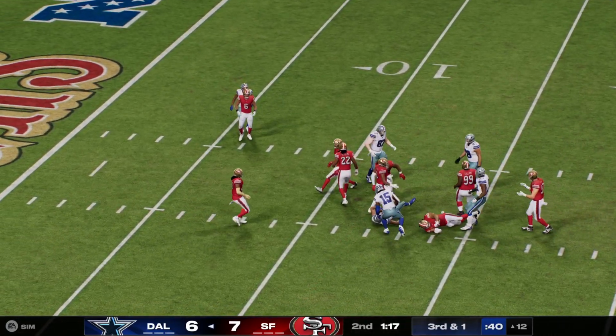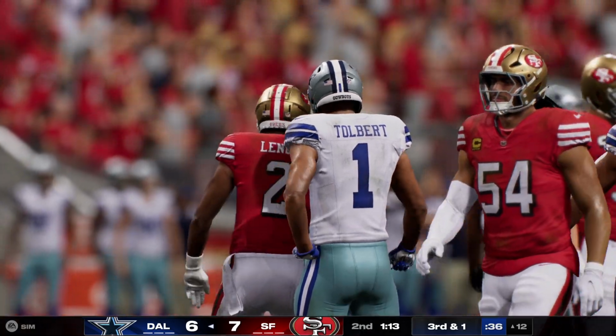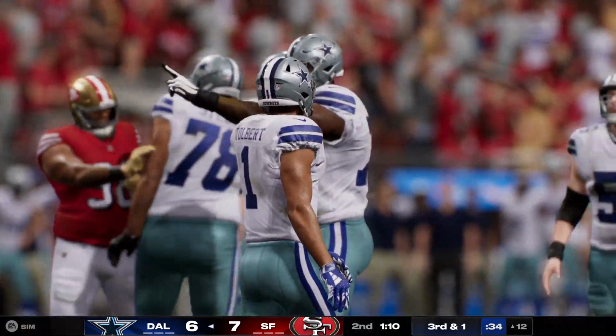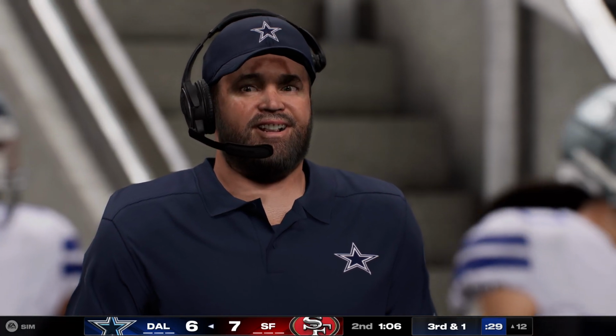Quick throw here is complete. And they'll work this close to a 1st down, maybe just a tad short. So they have these rules for the receivers, Mike. They call them green grass rules. And the idea is if you're